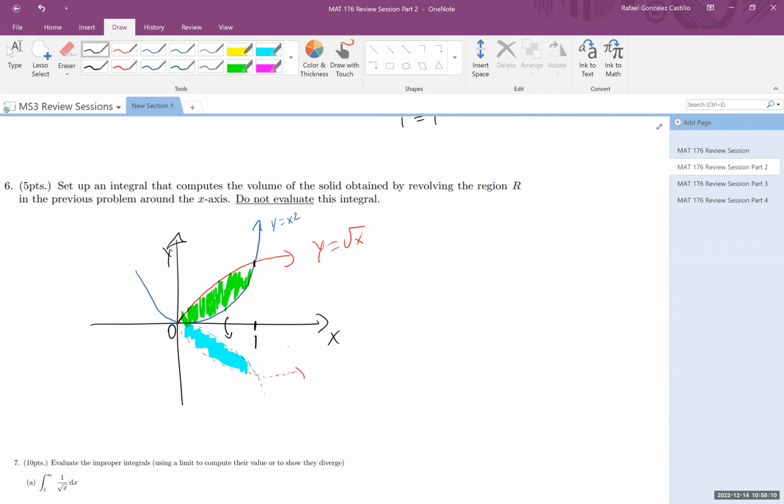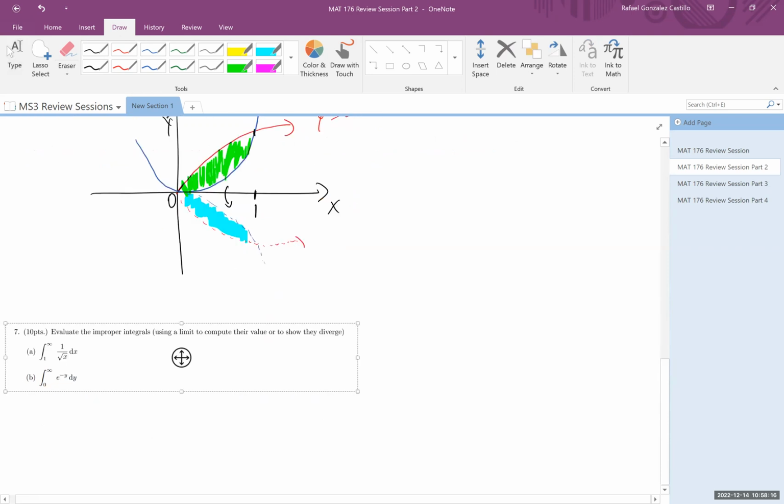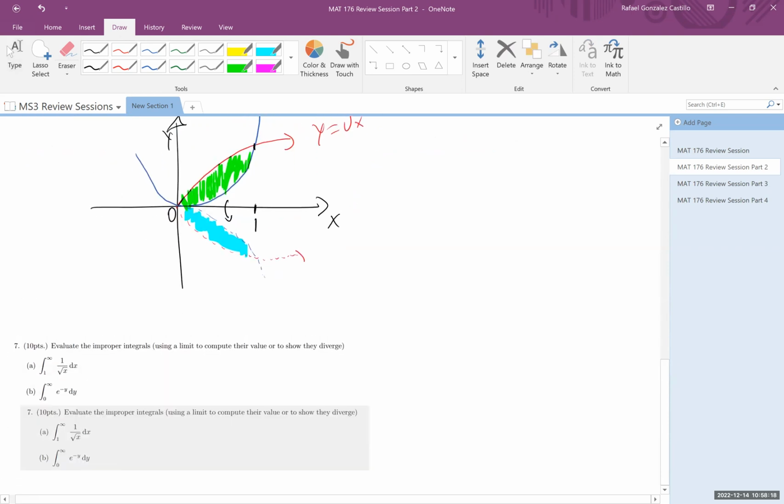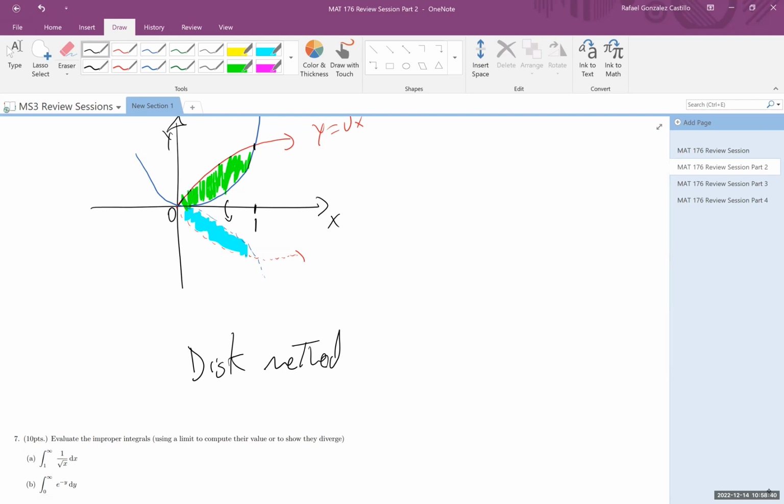We have two curves defined in this region. We already know what those curves are because they're given in the problem. We have radical x and x squared. How do you find what the region is? We use, again, the disk method. What does this method say? Does anybody remember? The disk method says that when you're revolving some area about the x-axis or the y-axis for that matter,